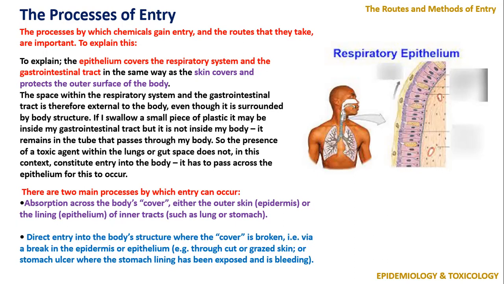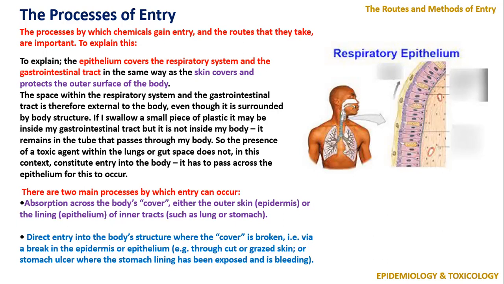So, the presence of toxic agents within the lungs or gut space does not, in this context, constitute entry into the body. It has to pass across the epithelium for this to occur. So, there are two main processes by which entry can occur: absorption across the body cover, either the outer skin, epidermis, or the lining epithelium of the inner tract, such as lung or stomach,